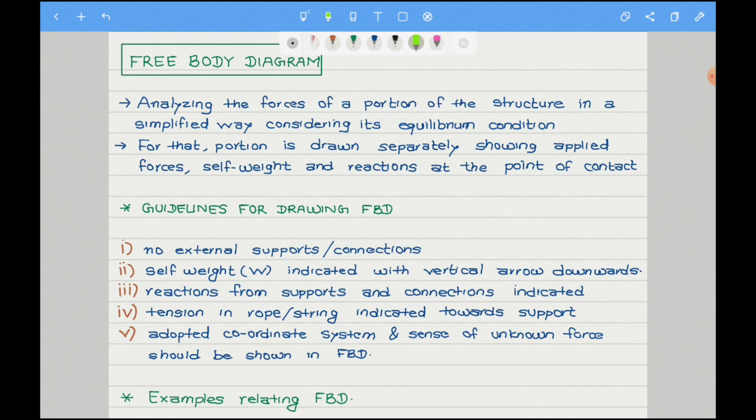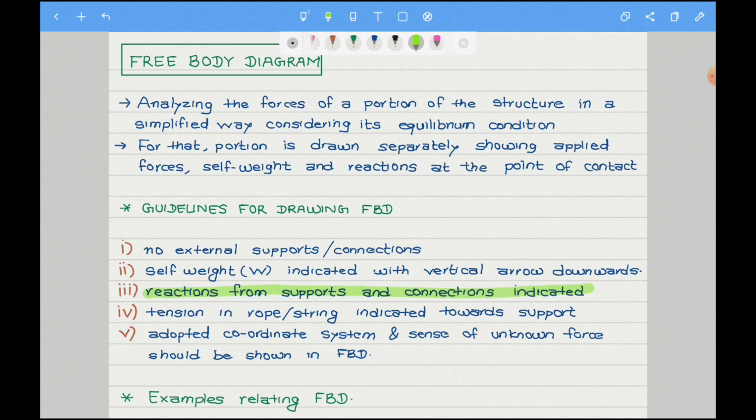The second point suggests that the self-weight should be indicated with a vertical arrow downwards. So we'll be representing the W component, that is the self-weight, with a vertical arrow downwards acting through the centroid of the body. The third point suggests that the reactions from the supports and connections should be indicated. So after removing the supports and connections, we'll be indicating the reactions from those particular supports and connections